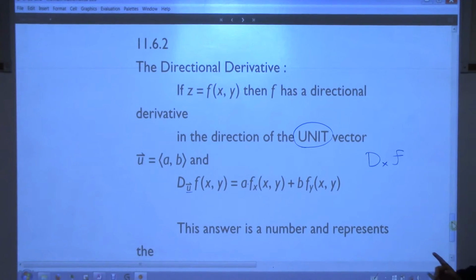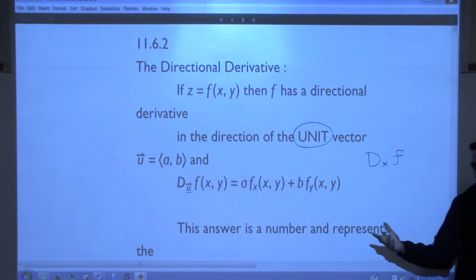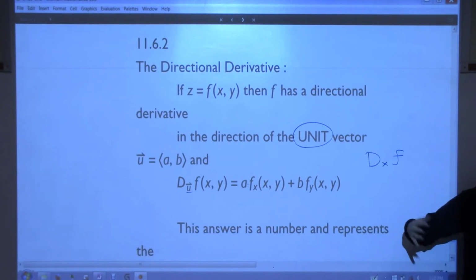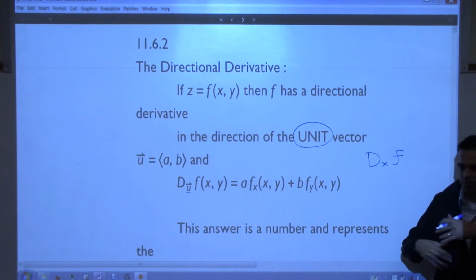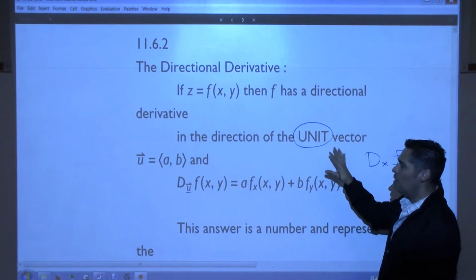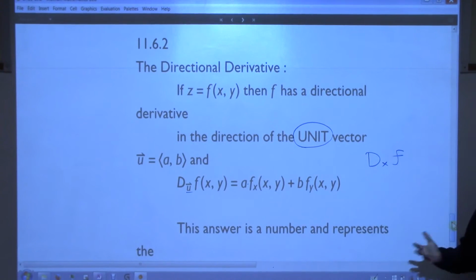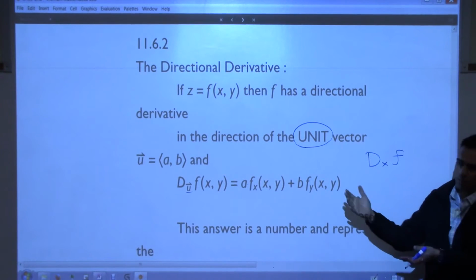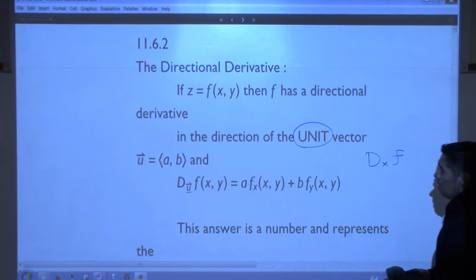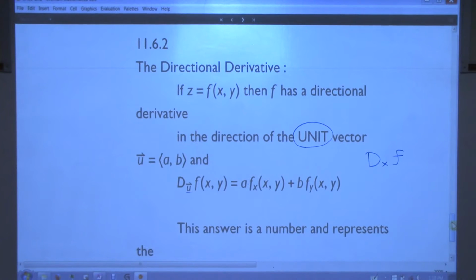If it's not a unit vector, then you have to make it a unit vector. And how do we make unit vectors out of vectors? Divide by its length, or multiply by the reciprocal of its length, right? So we know that if someone gives us a direction, we can always find a vector in the same direction with unit length. Now what's really kind of nice about this formula, before I get to this example that's coming,